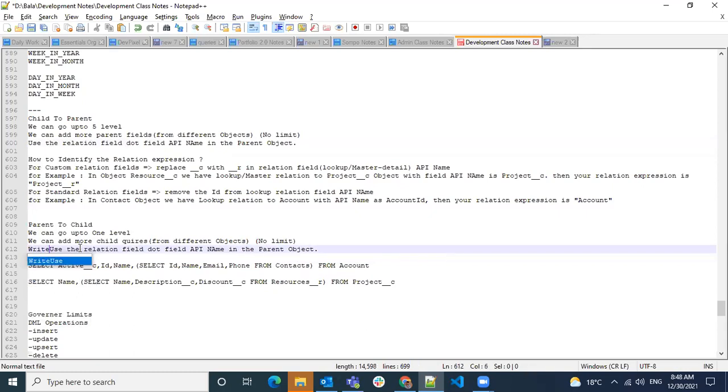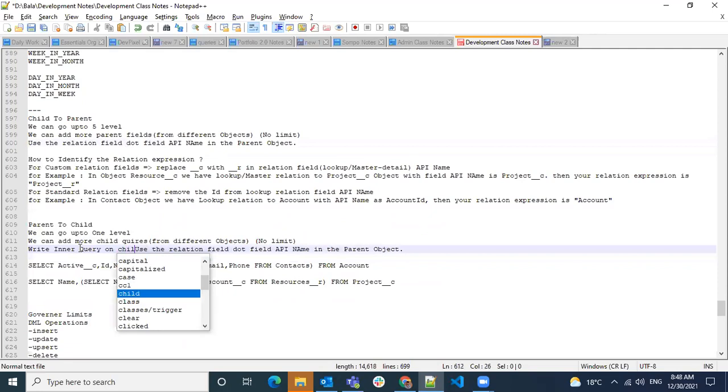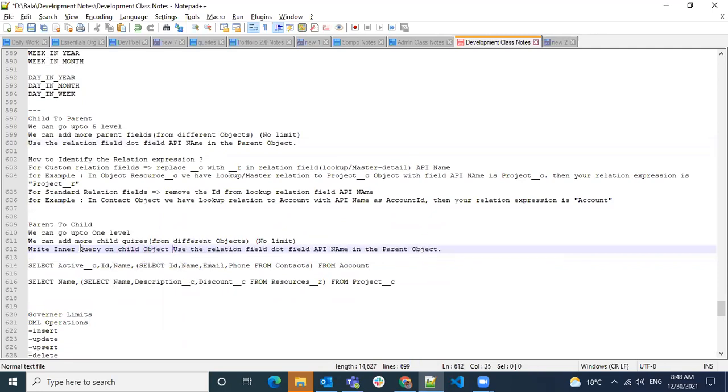So what we call a write inner query on child object using relationship field in the lookup or master detail field.